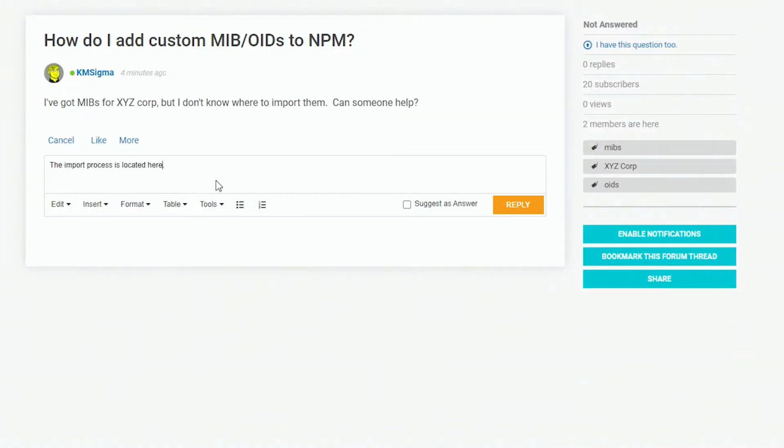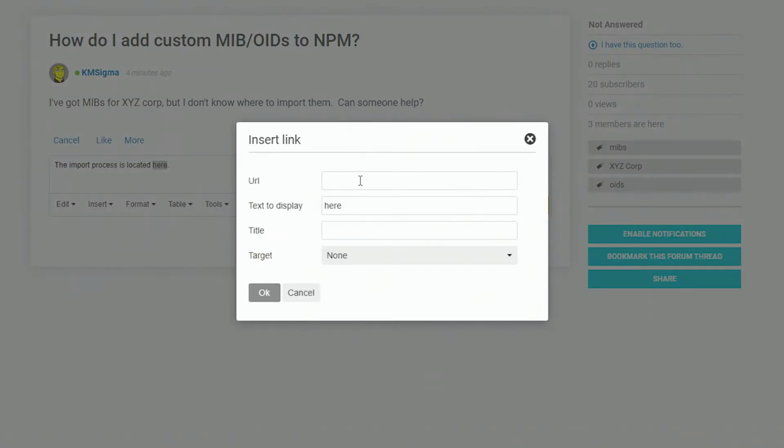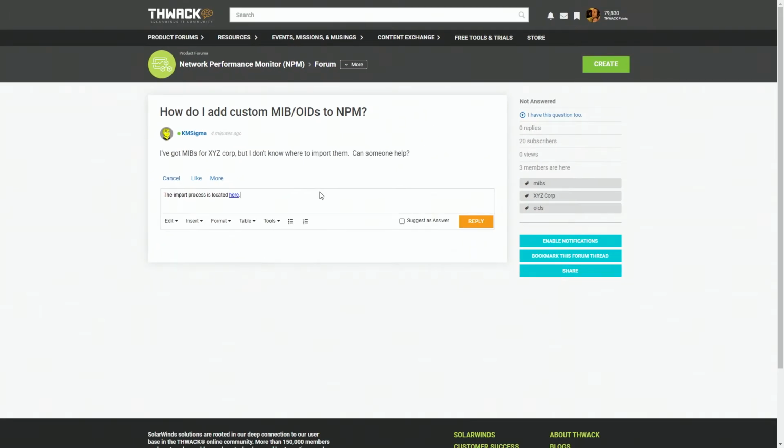You can either paste raw URLs or, if you like, insert link. And since we're pretty sure this is an answer, we're going to go ahead and check to suggest as answer, but we rely on the person originally making the post to confirm that it worked for them and verify it. So if we reply,